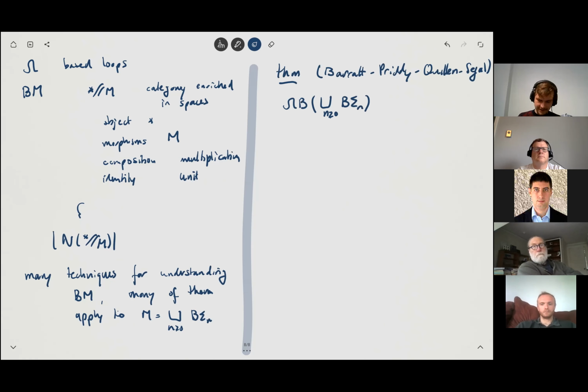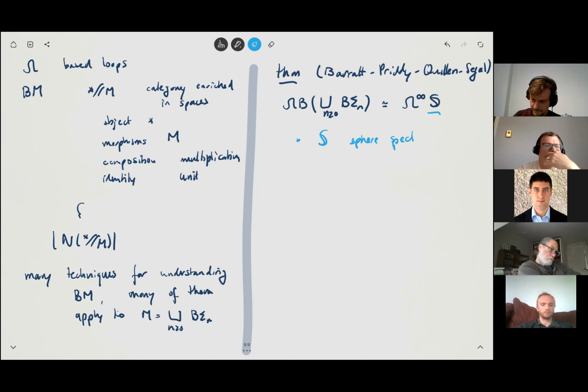The answer is that loops B of the disjoint union of the classifying space of symmetric groups is homotopy equivalent to the infinite loop space of the sphere spectrum. Okay. So this is the sphere spectrum. So it's a sequence of,